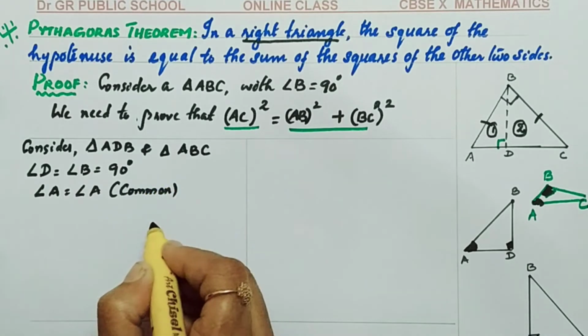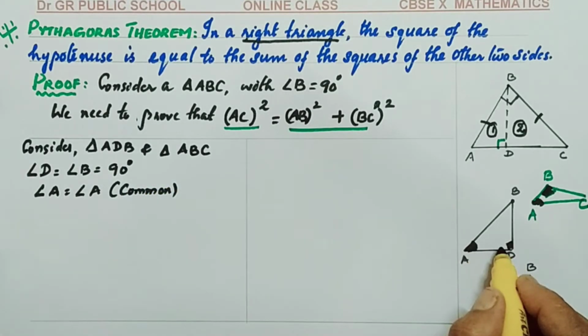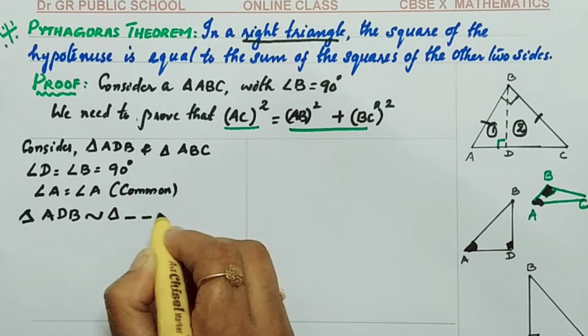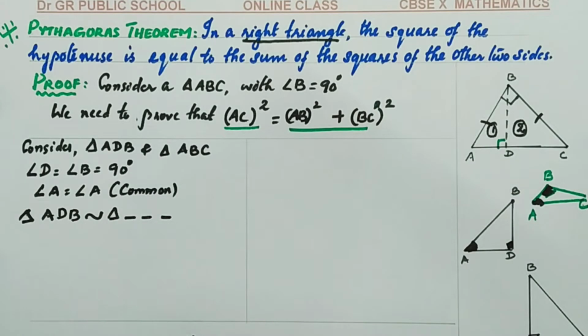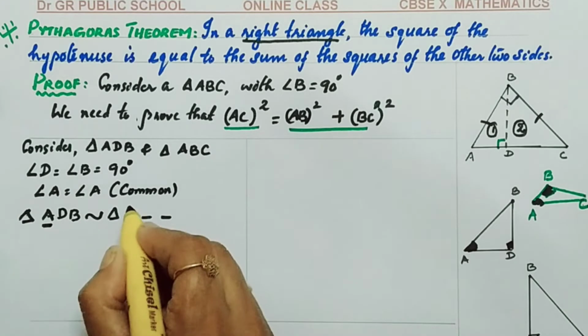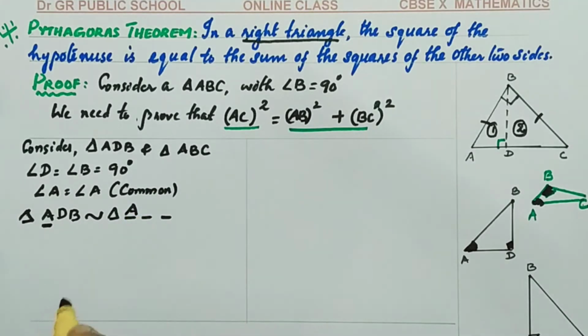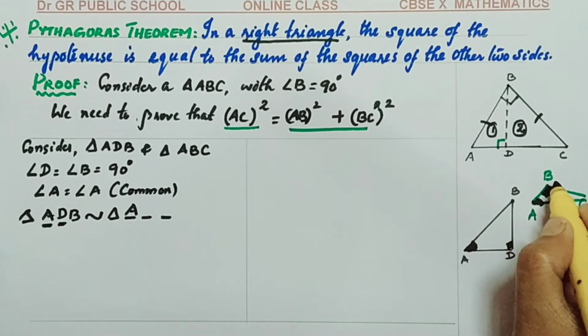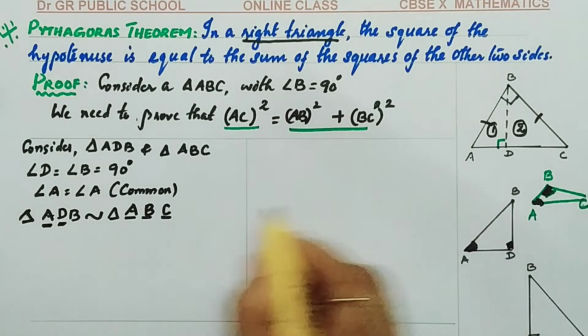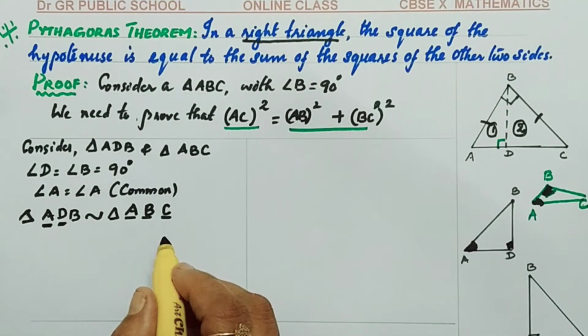From this you can see that two angles of the first triangle are respectively equal to two angles of the large triangle. You need to write three letters here, but they need to be in correspondence. Angle A corresponds to angle A, so the first letter is A. Angle D is 90 degrees, but in the right side triangle ABC, angle B is 90 degrees. C is the remaining letter. So this seems easy for you to identify the similarity and the correct order of the vertices.